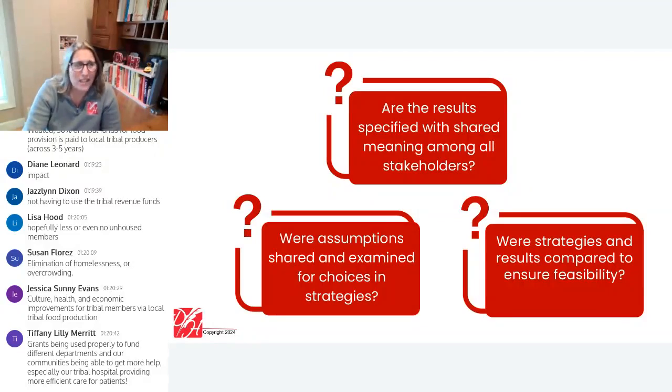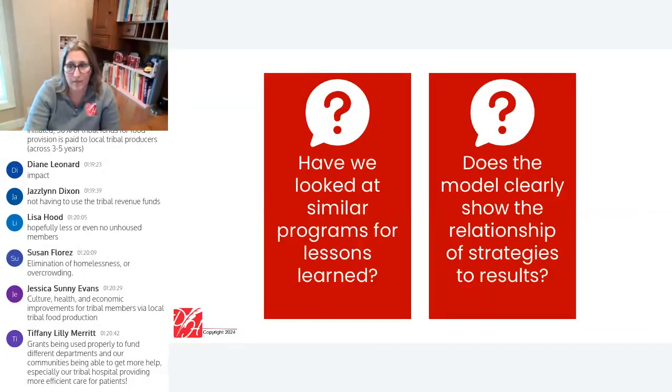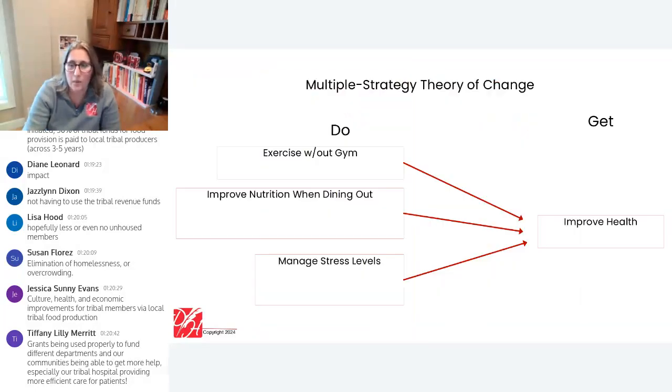Have you tried this before? Is this based on something evidence-based? Is this based on a pilot? What's your practiced wisdom that makes you think these strategies will work? Did you learn from others, other collaborative partners? Where did this model come from? These are the types of questions that, whether grant makers ask about theory of change formally or not, they may ask themselves and other reviewers when they're reading your work.